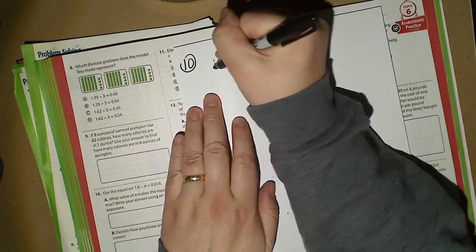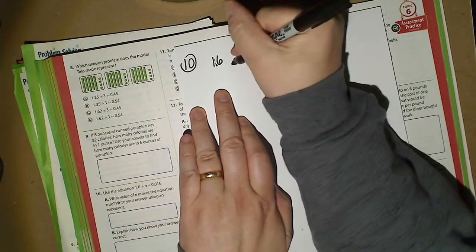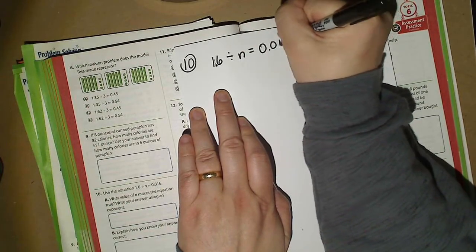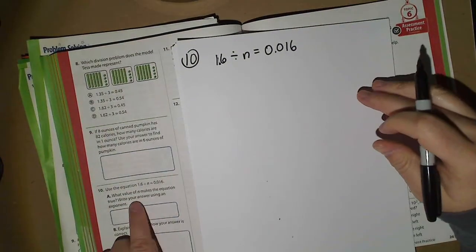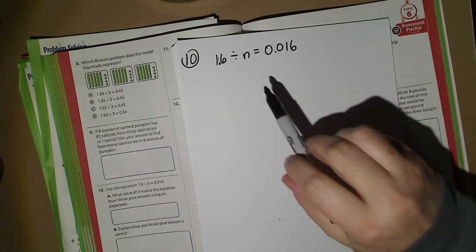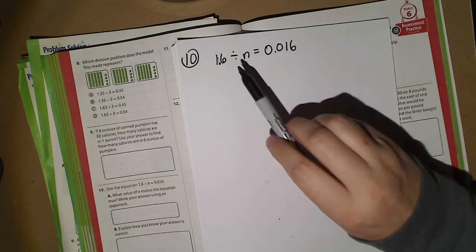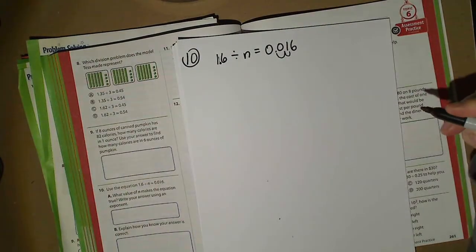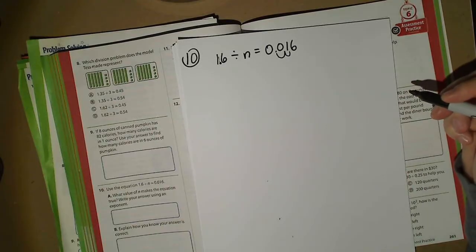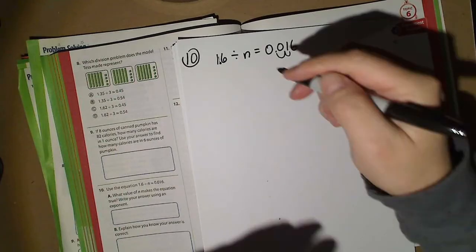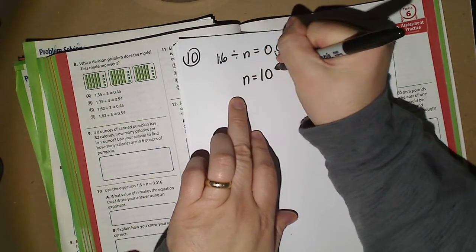Number 10 says use the equation 1 and 6 tenths divided by n equals 0 and 16 thousandths. What value of n makes the equation true? Write your answer using an exponent. Well, again, look, all we're doing is we're taking 1.6, and it's like that decimal has moved over 2 times to the left. So we know we're dividing, right? We're dividing by a power of 10, and since there were 2 moves, n has to equal 10 to the